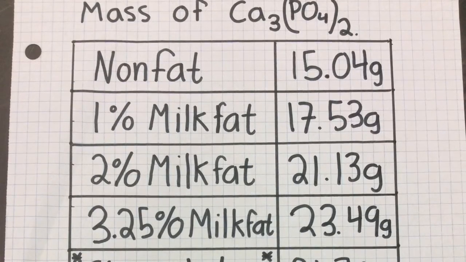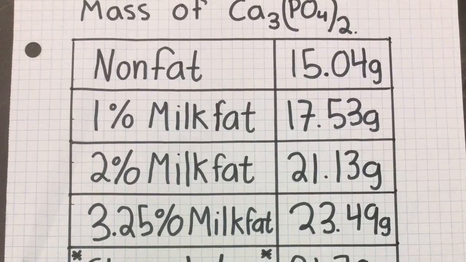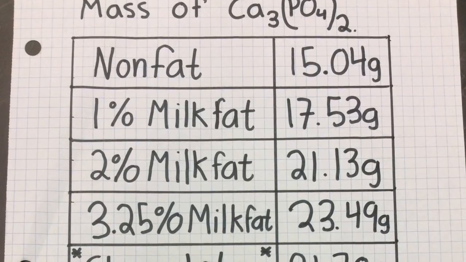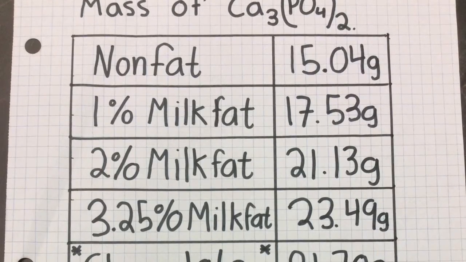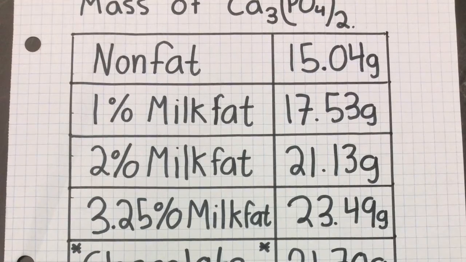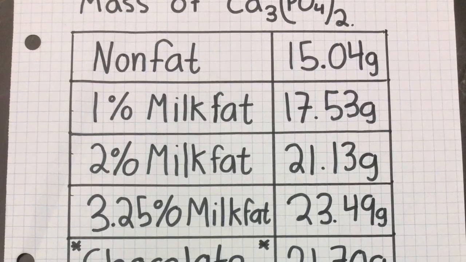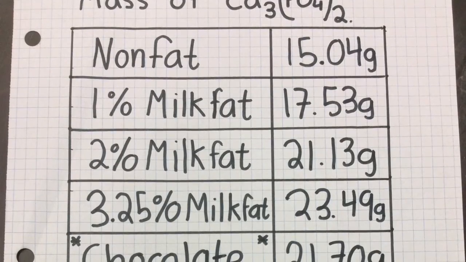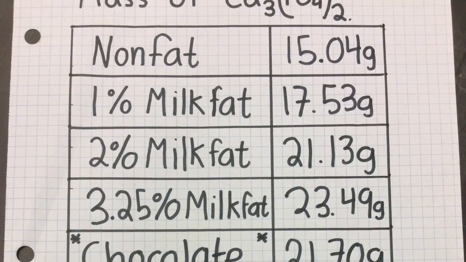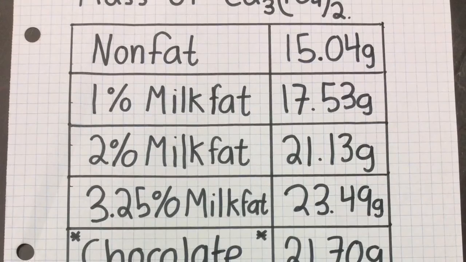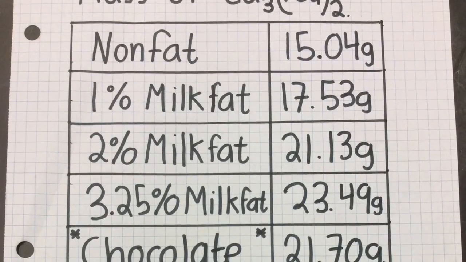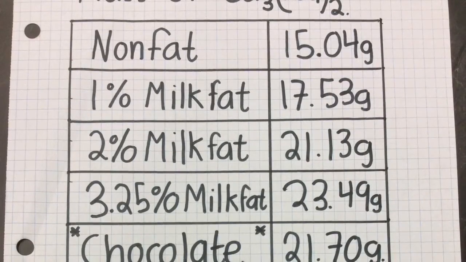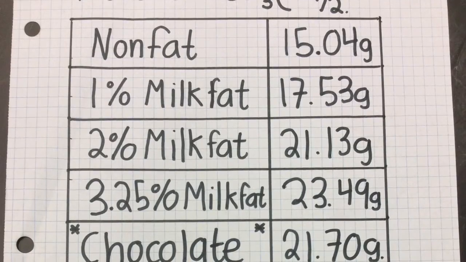negligible. So overall, the mass of the calcium phosphate for non-fat milk was 15.04 grams, 1% was 17.53 grams, 2% was 21.13 grams, and whole milk, or 3.25% milk fat, had the largest amount of 23.49 grams. Chocolate milk had a mass of 21.70 grams of precipitate, and so, since it was most similar to the 2%